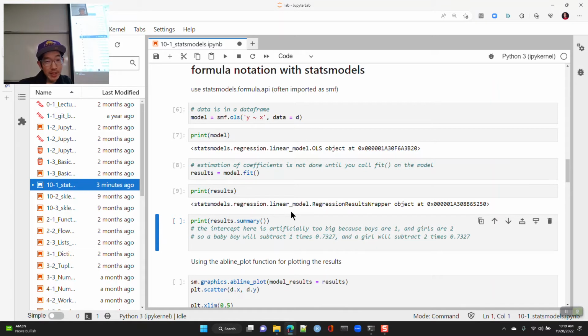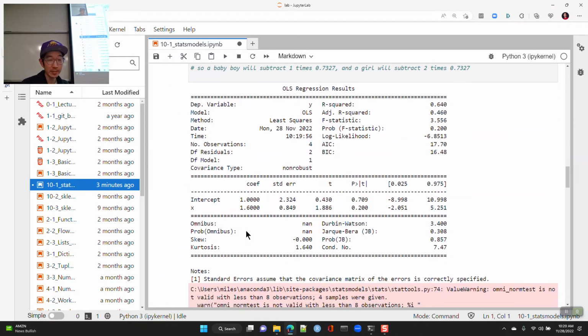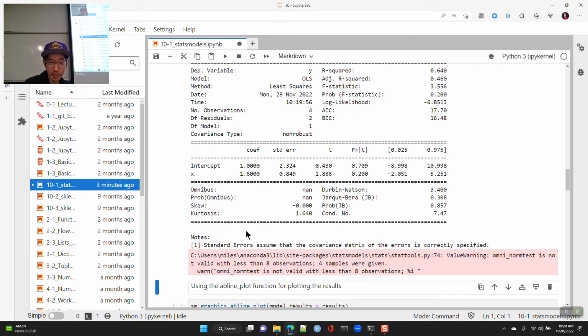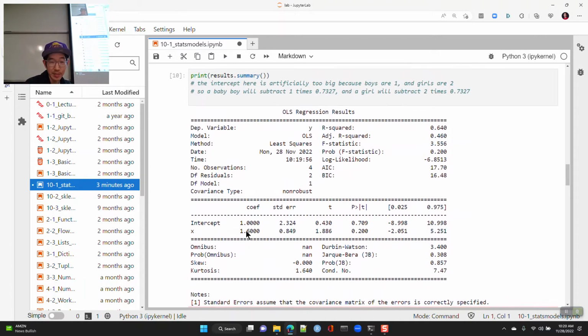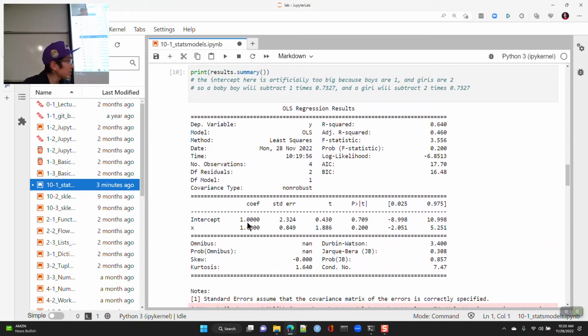Okay, and now we get a linear regression results object, or a regression results wrapper object. To look at what's inside the regression results wrapper object, we'll call the summary method. So I'm going to do results.summary, and then we'll print this out. It just gives me a warning that I only had 4 observations here, but